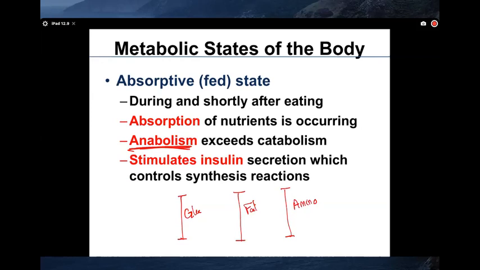So the anabolism in this state is going to be exceeding the catabolism. You're going to be using this glucose to build up the glycogen. You're going to be using the absorbed fat to build up the triglycerides in your fat cells. If you want to build up muscles, for example, or to build up enzymes, or carriers, or whatever you need as proteins, you're going to be using those amino acids to build them. And if you don't need them, you're going to be breaking them down and storing them as fat